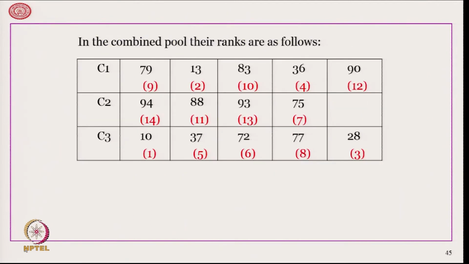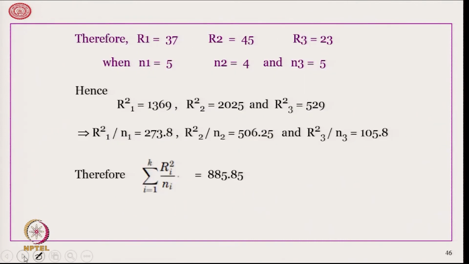So, what we did is rank the combined population. Under this ranking, 10 is the smallest, therefore it gets the rank 1, and similarly 13 gets the rank 2, 28 gets the rank 3, 36 gets the rank 4, like that. The highest one is 94, which gets the rank 14. Therefore, R1, the sum of ranks for the first set, is 37, R2 is 45 and R3 is 23,